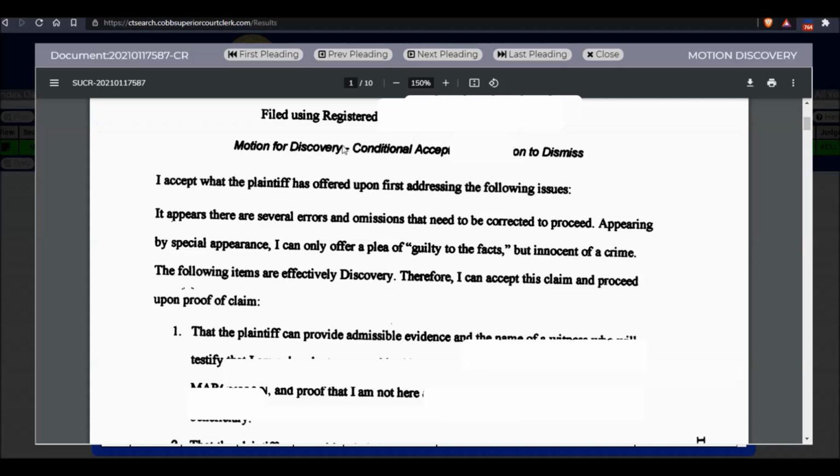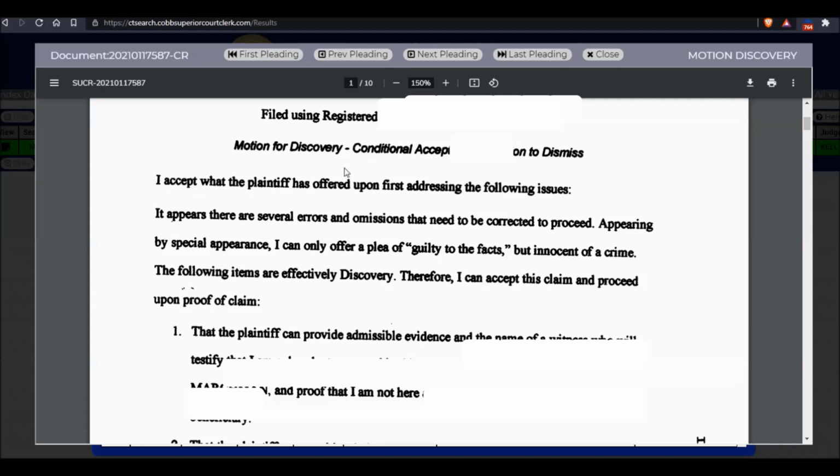And then you got this thing called conditional acceptance. Accepted for value under the condition that such and such happens. The concept behind it is fine, but the way people go about using it is where the deficiency is. And I'll show you what happens. It goes on to say, I accept what the plaintiff has offered upon,